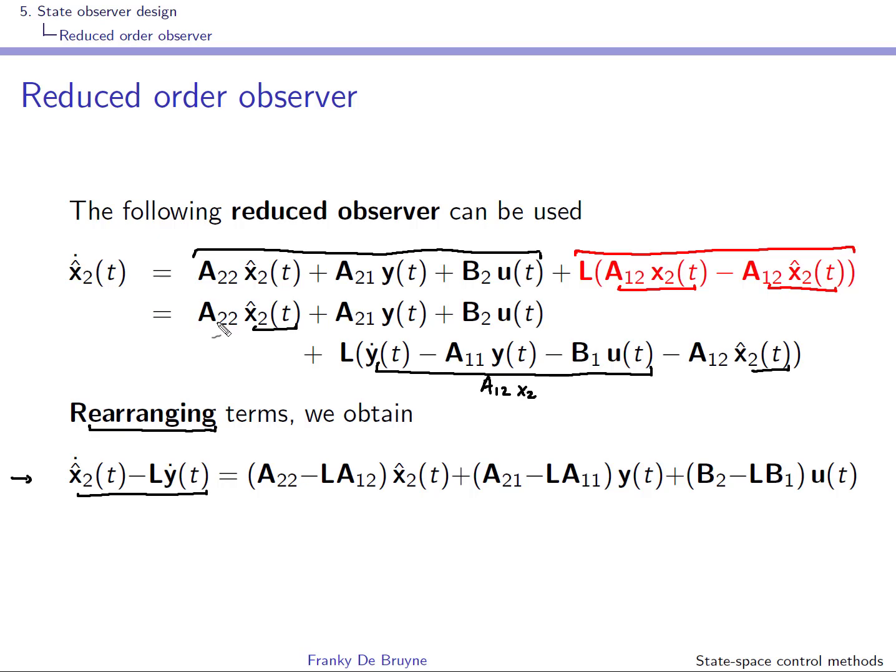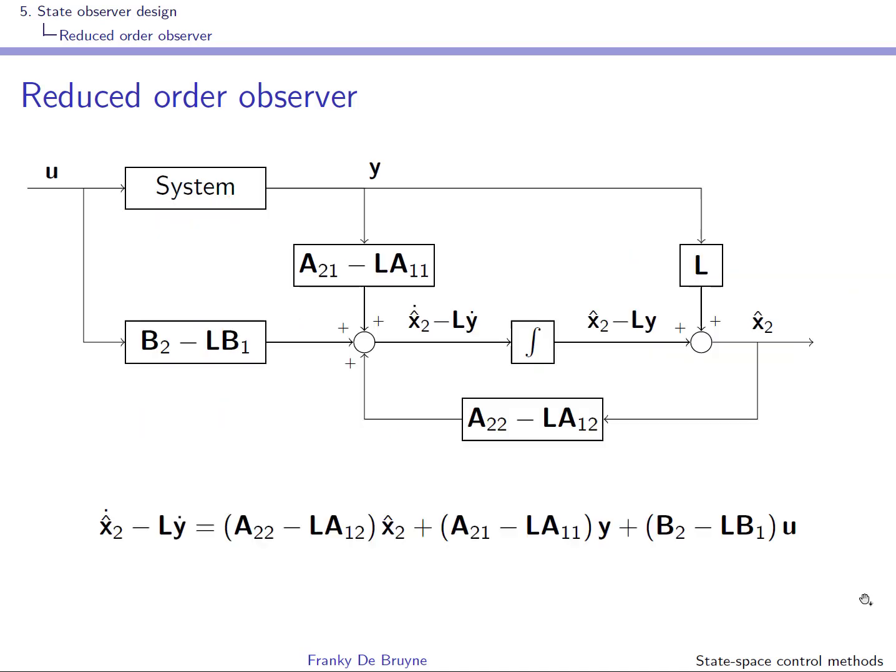You have terms in, let's put them in blue, in y here, and so this will lead to A21 minus L A11, and you have terms in u. Okay, here they are, and this leads to B2 minus L B1. So remember that we had obtained the equation for the reduced order observer, and we can represent it as follows,